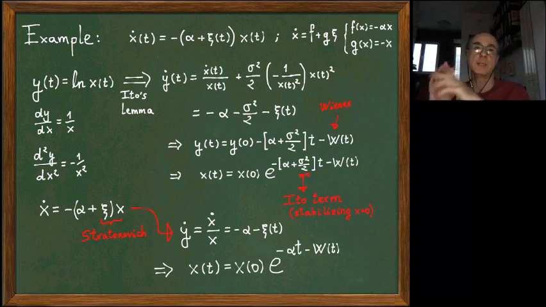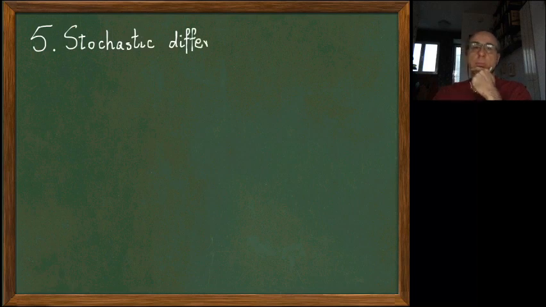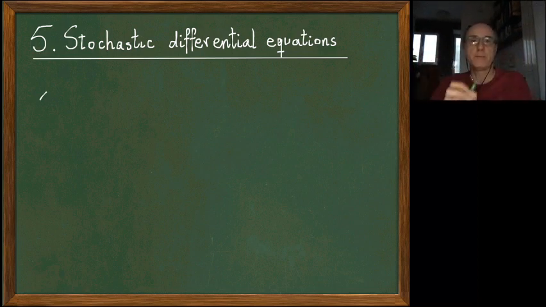Okay, so we have seen the stochastic integrals, the necessity of Ito calculus, and then how it works, the Ito's lemma to solve stochastic differential equations. Now let's go to the next section, to put all this a little bit in order. The title is stochastic differential equation. But I want to make a kind of comparison of the two interpretations and see how they work in a stochastic differential equation.